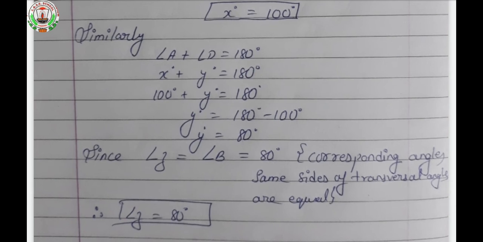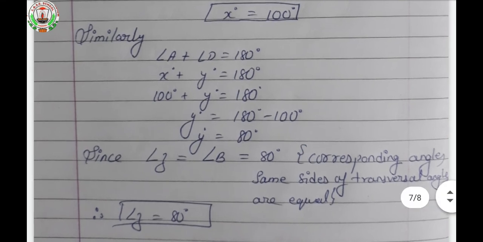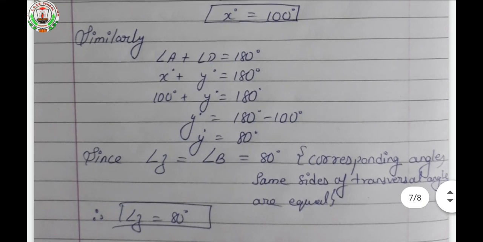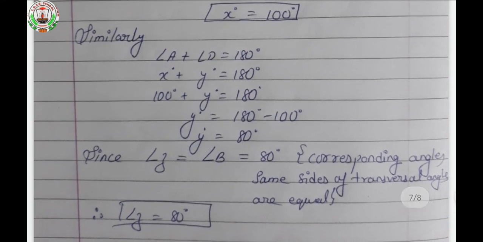That's why. Or we can say that when the angles are made on the same side of the transversal, they are equal. So both the reasons are correct here or applicable here. Therefore angle Z is equal to 80 degree. So the corresponding and transversal definitions you can see from chapter number 5. There I had given all the definitions. Okay.